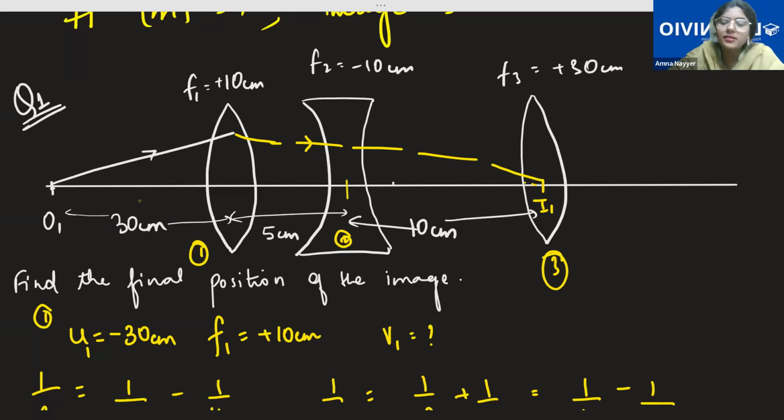How did you choose the object distance here? 30 centimeter separated from the optical center, so minus 30 centimeter. If your object right now is this, you don't see the rays or anything. You see the object distance from the principal axis. On the principal axis, everything is there. So I1 is there and this is there. What's the separation? It's clear cut given as 10 centimeters. Now is that clear? Jasleen, you tell me now what's the object distance that has to be put in?